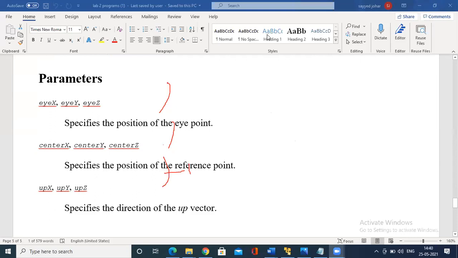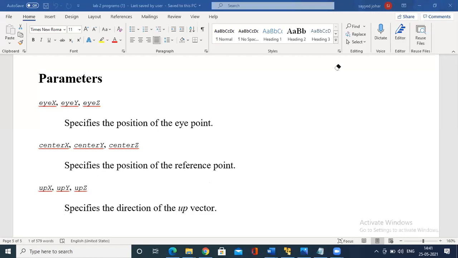So see here, the eye position specifies the position of the eye point: viewer 0, viewer 1, viewer 2. Center x, center y, center z specifies the position of the reference point, which is 0, 0, 0. Up specifies the direction of the up vector, which is nothing but how you view that particular image.